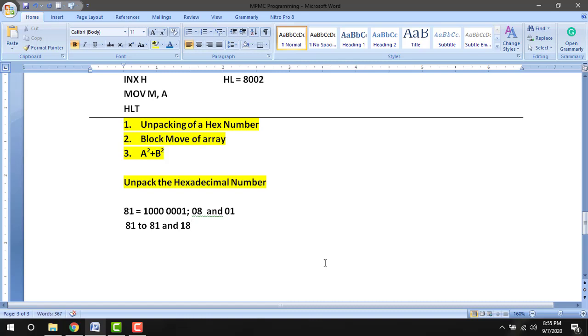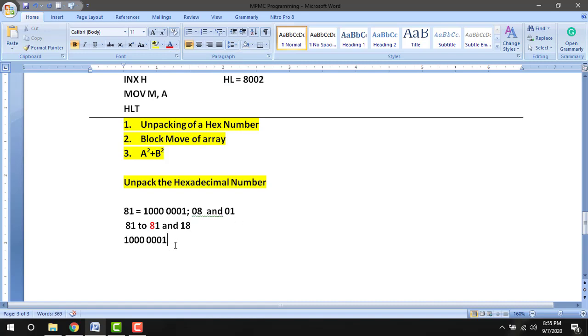For 81 the binary is 1000 0001. So the 81 number is going to be converted as 01. So we have to mute this 8 and convert the number as 1 only.